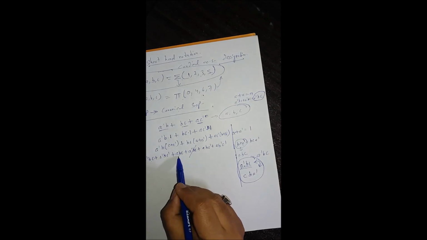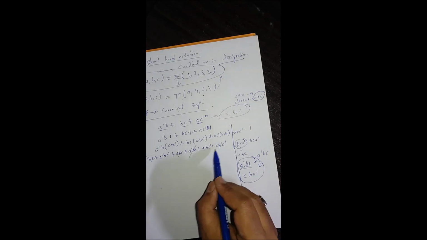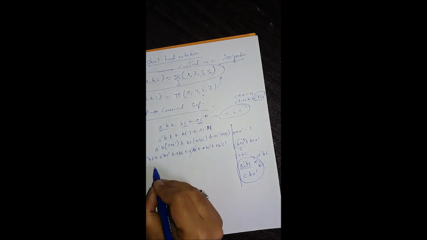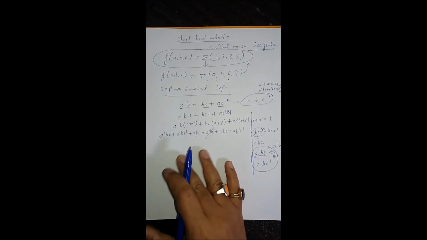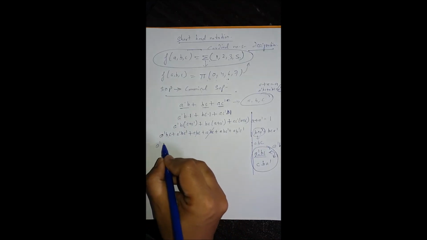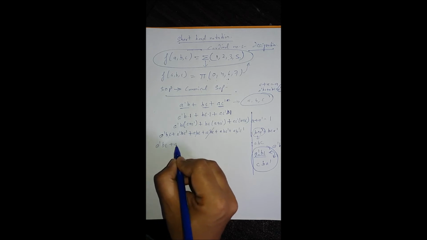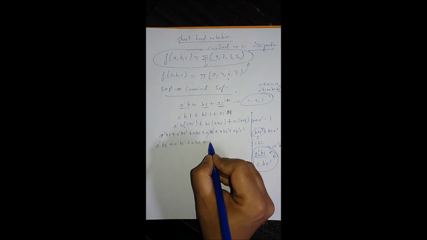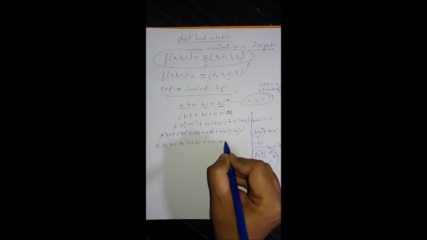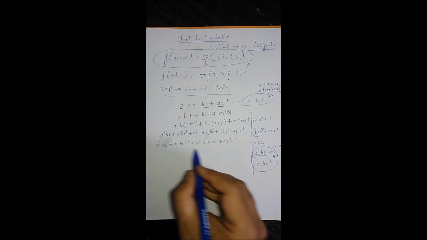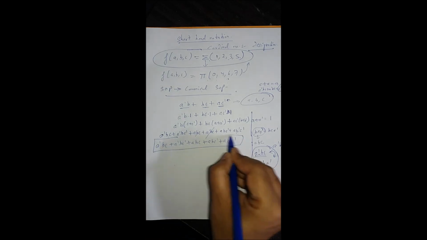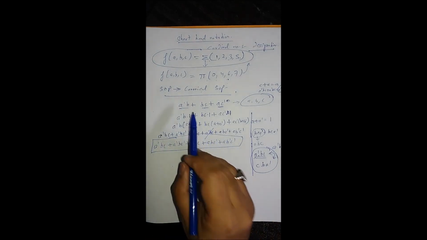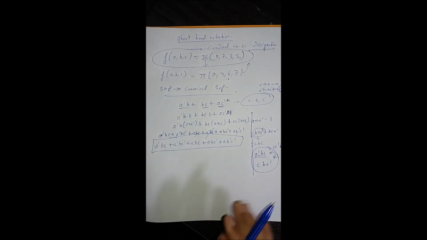This is ABC, A naught BC. None of the other terms are being repeated. So now we can write the final expression: A naught BC plus A naught BC naught plus ABC plus ABC naught plus A B naught C naught. So this is the final canonical sum of products for this particular expression.